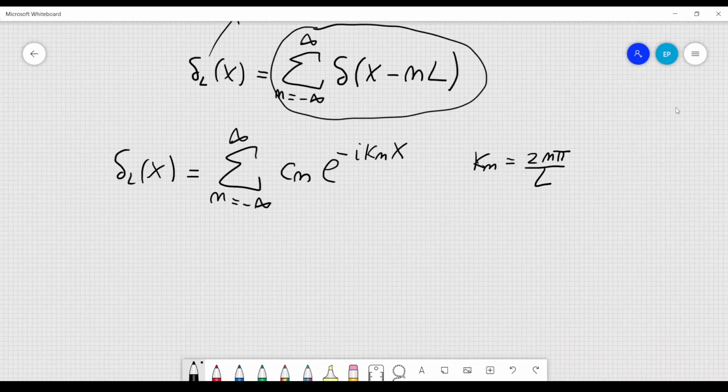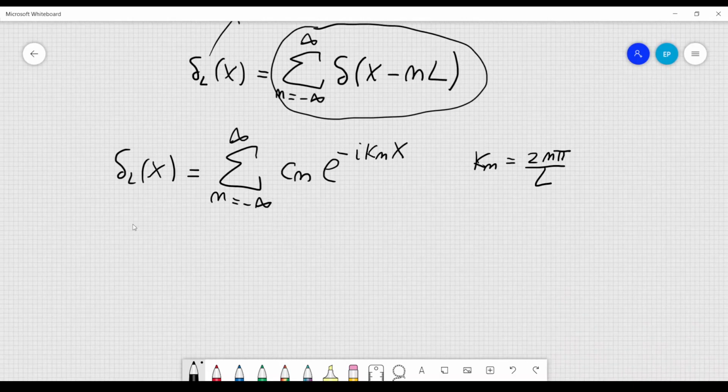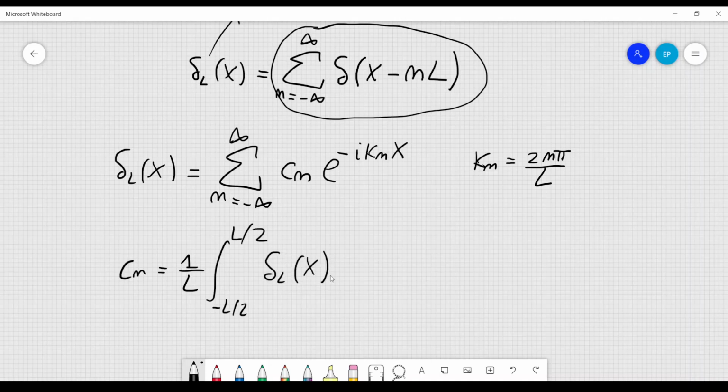The coefficients can be calculated using this formula. c sub n is just 1 over L, then integral from minus L over 2 to L over 2, and then here I have the function delta L of x, and here I also have the complex exponential with a plus sign instead of a minus sign, so I have to write it like this,